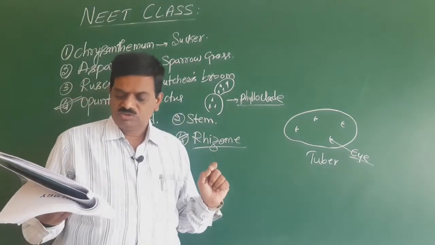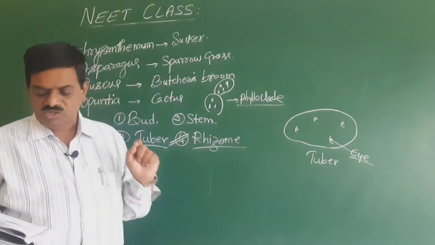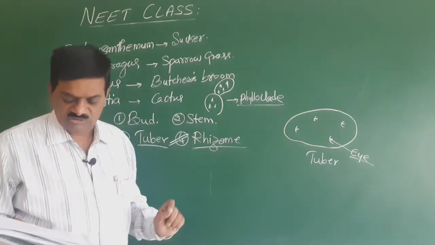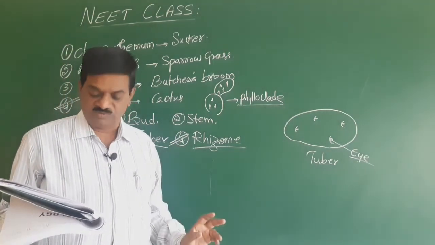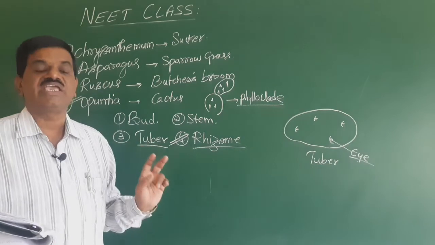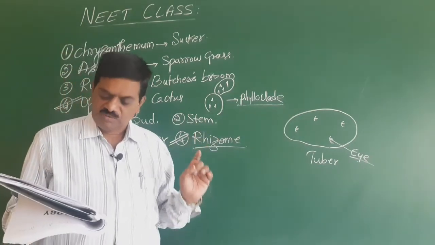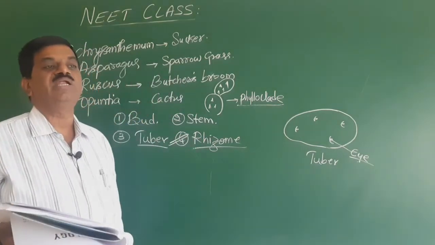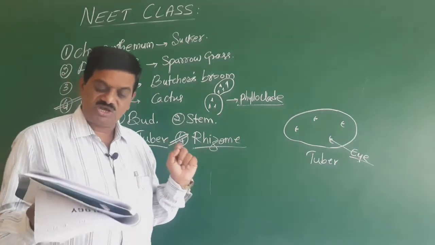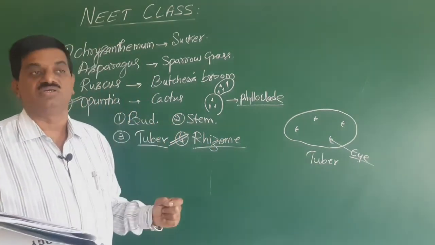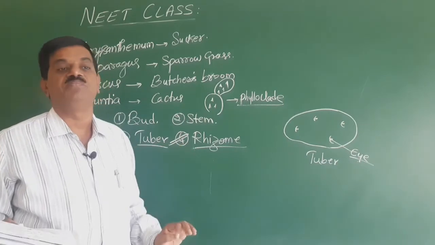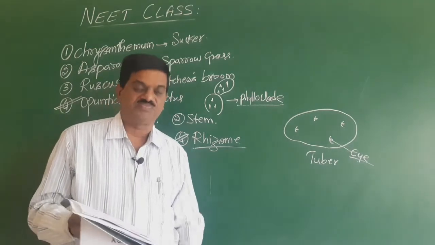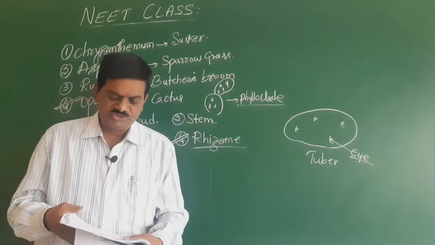Thorn on bougainvillea. So bougainvillea is nothing but a paper flower. Is the modification of, first option stem, second option leaf, third option floral bud, and fourth one is root. But again here bougainvillea is nothing but a paper flower. The modifications of stem, modifications like thorn. So here the right answer is stem. On the stem there is the presence of thorns. So the right answer is stem. So we go for the next question.